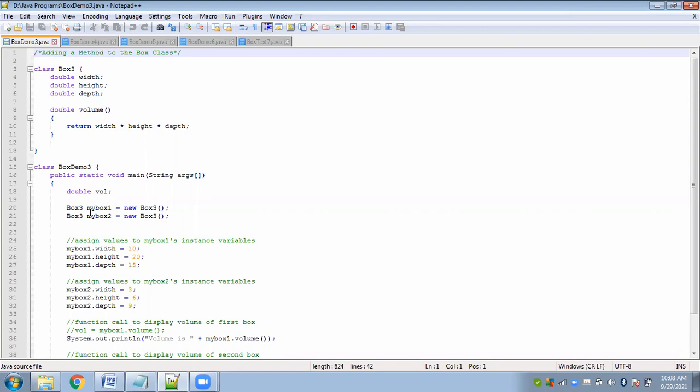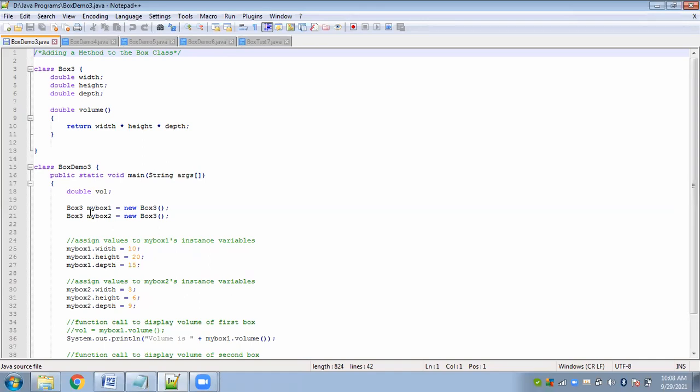Yesterday's example also, the area example where we calculated the area of a rectangle, circle, triangle, square. You have seen already that we had one class, and inside that class, apart from the main function, we also had methods to calculate the area of triangle, one for rectangle, one for circle, and so on. So it's just that.